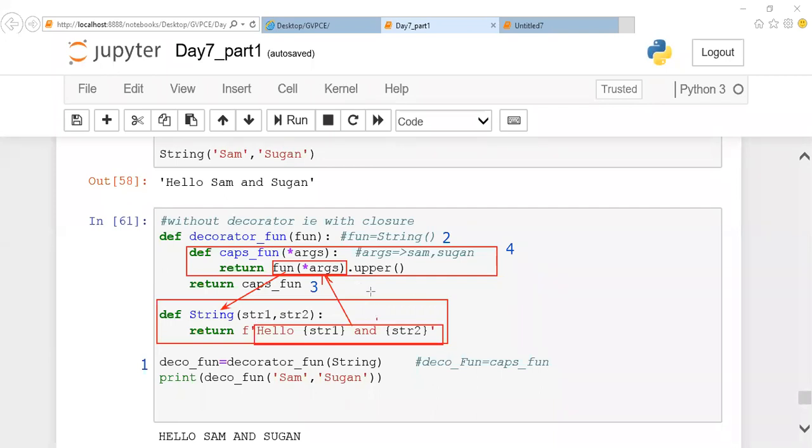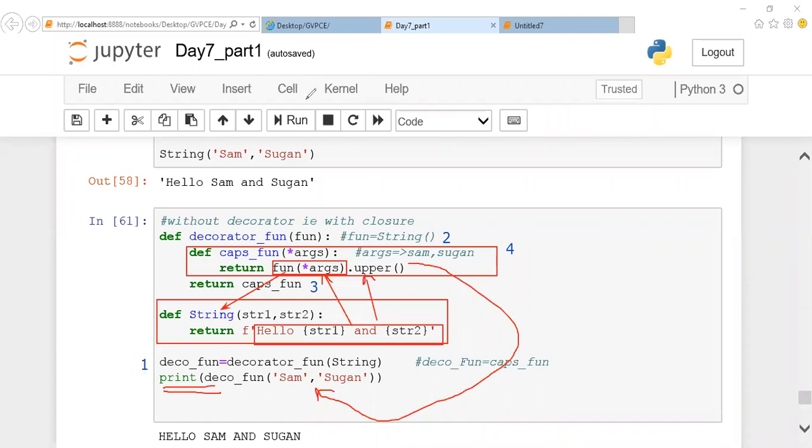I guess your input is clear with the closure. It will be made uppercase now. And after doing this, what happened? This particular data will be returned back to this function call, and we are going to print only here. This is the last statement of your execution. This is all about your closure which we saw yesterday.